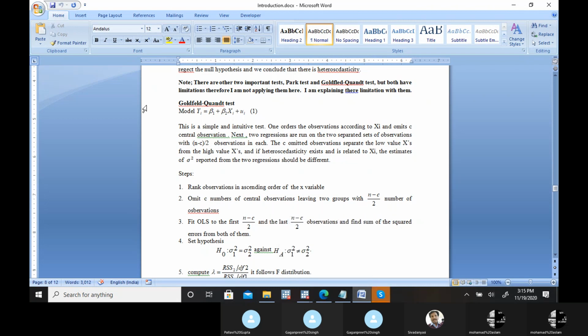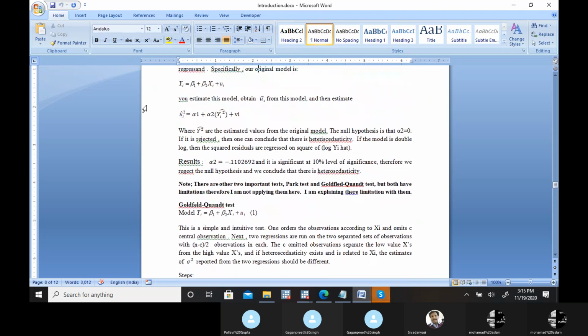The only simple limitation I found is that this test won't tell you which variable is creating the problem, although it's not the purpose of these tests to identify that. Since y hat includes all the variables, X1, X2, X3, whatever you have as independent variables, most of these tests try to identify the relation with u hat, that is, the change in variation with the change in the levels of x in the regression line.